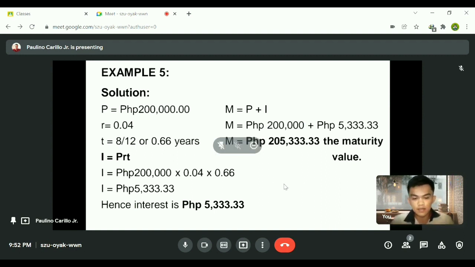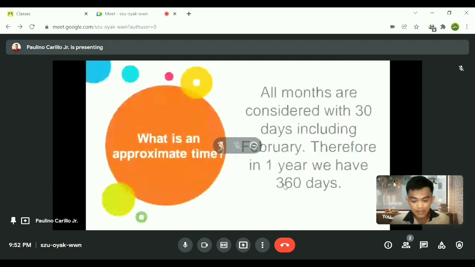So let's move forward. Now let's talk about what is an approximate time. So remember, all months are considered with 30 days including February. Therefore, in 1 year we have 360 days. So all months, just remember this, all months are considered with 30 days in approximate time. And